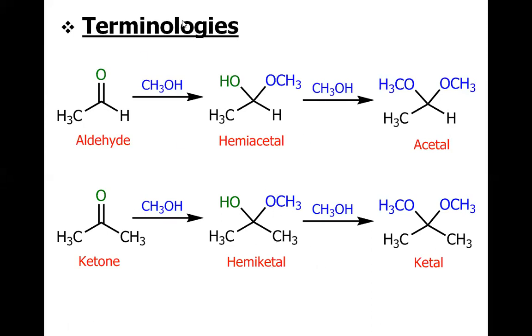So we have overall 4 terms, one called hemiacetal, the other called acetal. Both have one thing in common, that is the aldehyde substrate with 1 mole added or 2 moles added. And same for the ketone, when 1 mole of alcohol is added to the ketone, we call it hemiketal. When we have 2 moles of alcohol, we call it ketal. So these four terms are very closely linked to each other, so don't get confused.